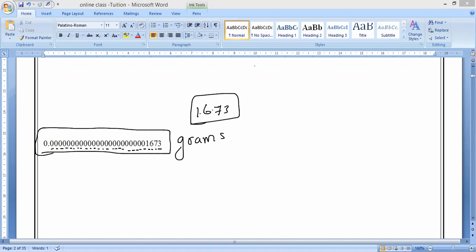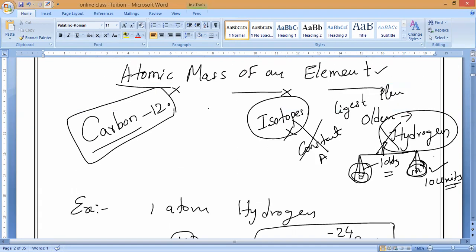They used to use hydrogen to compare the mass of other atoms. But because of this extremely small mass, we are not using hydrogen, because it is not convenient and very complicated in calculations. That is why we are using something that gives simple figures. So in order to understand the present definition of atomic mass, what element are we comparing now, guys? I already told you. Carbon 12.